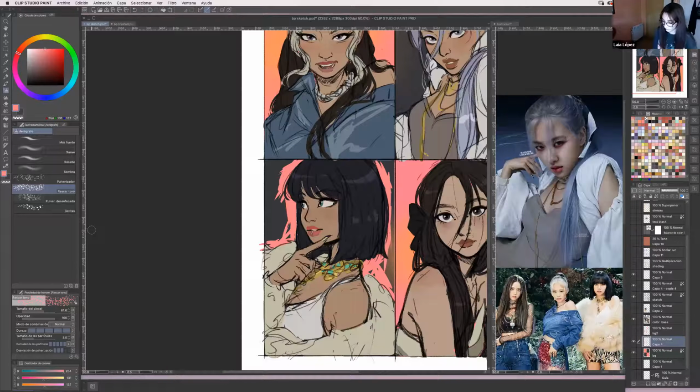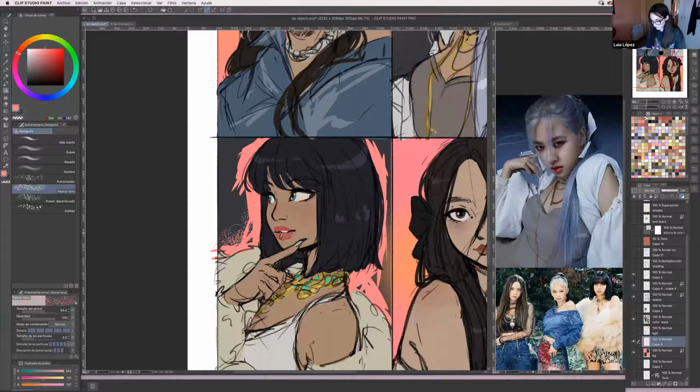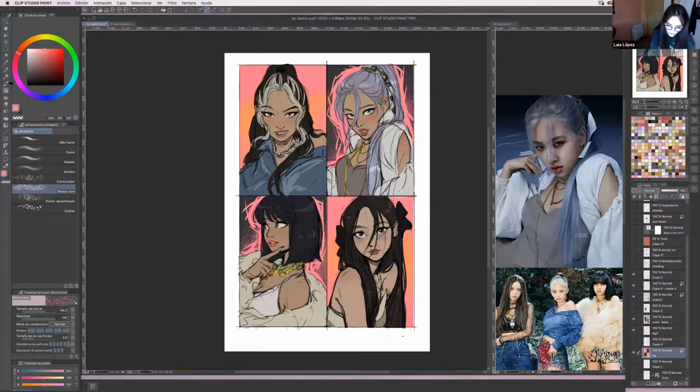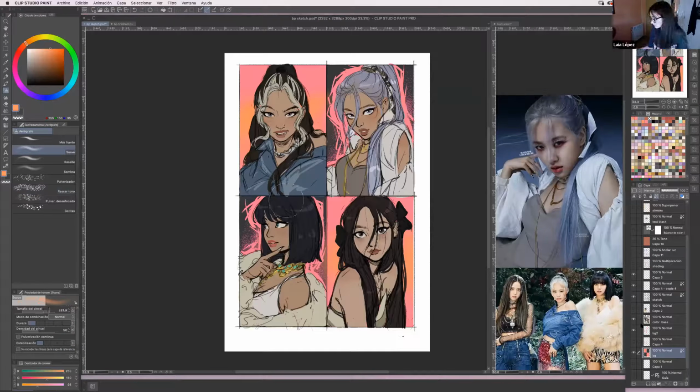Yeah, it's basically this. You just pick the same color as the pink one and boom. I really liked how they look, so I just kept it. And for the pink background, I use a yellow gradient as well. Wait, no, not yellow, orange. And I use the soft airbrush. All I did was go over it with the orange, and that's it. It doesn't have any other secrets.